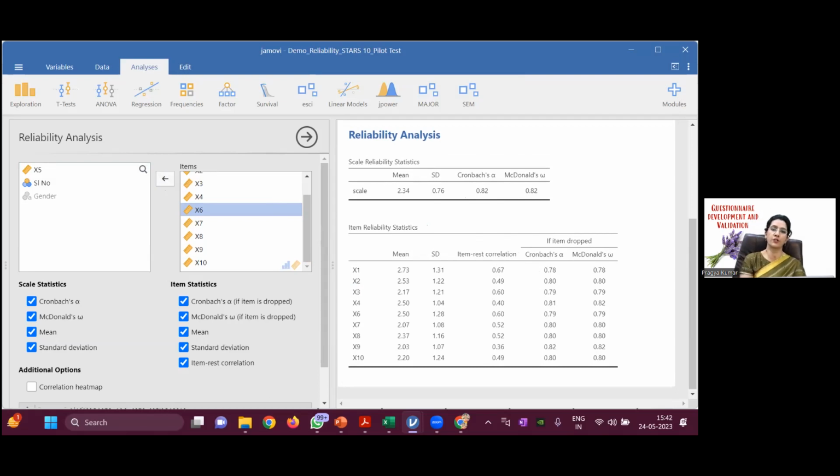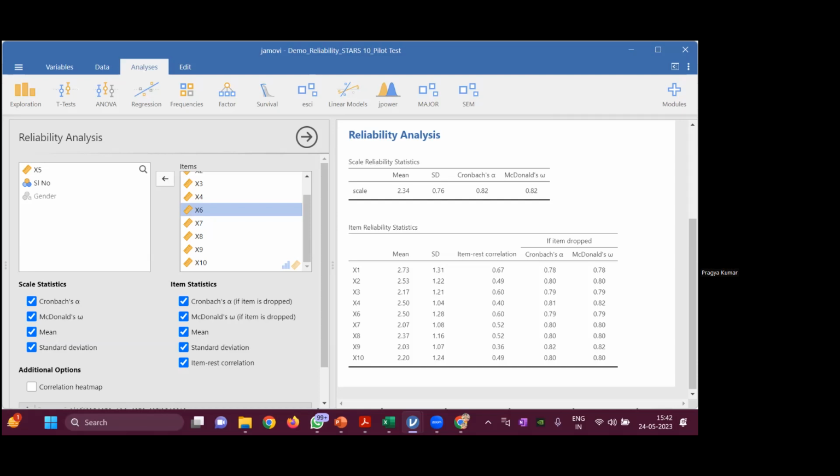Now there was a question of Dr. Vikram, by how much? So it depends on the length of your questionnaire. If your length is already 8 or 9 items and you are gaining very little overall, then there is no point removing that item. If the length of the questionnaire is very high, maybe 50, 55, then you can try removing 2 or 3 items. Otherwise, for a very minor gain, because overall the reliability is good,